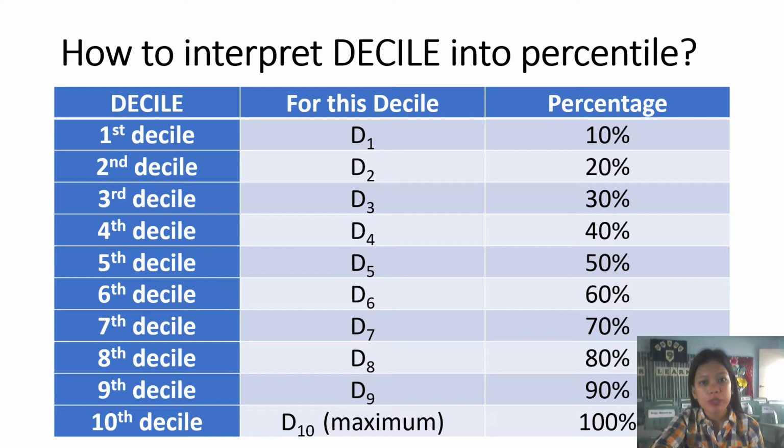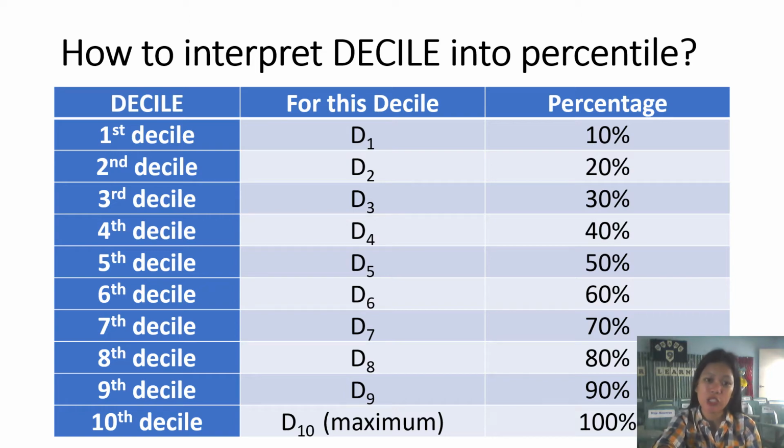How do we interpret a decile as a percentile? The equivalent of the first decile is 10% in percentile or percentage. The second decile is 20%. The third decile is 30%. The fourth decile is 40%. The fifth decile is the 50th percentile. The sixth decile is